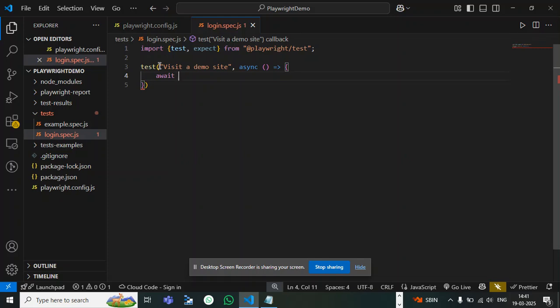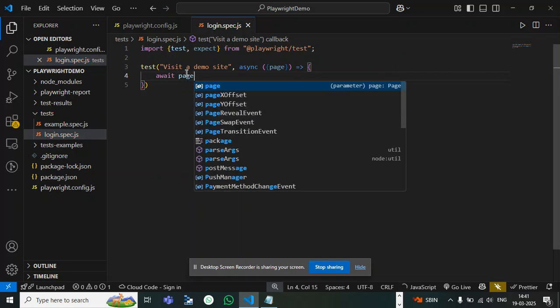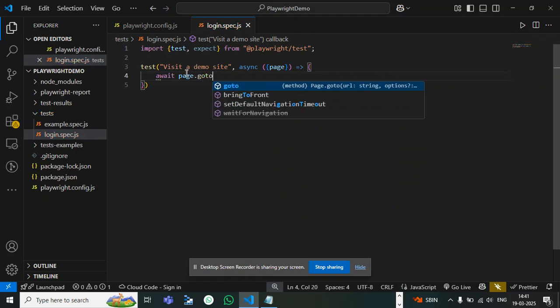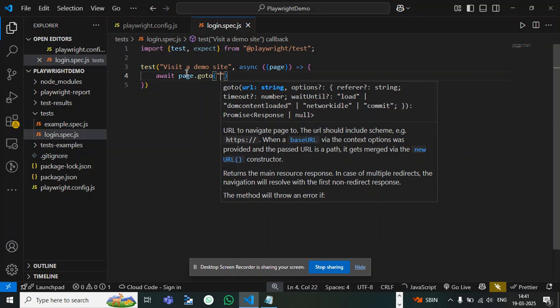So before that we need to destructure one more component, and that is page. Okay, so within the page component we have a goto method, and in this method you have to provide the website URL which you want to visit using